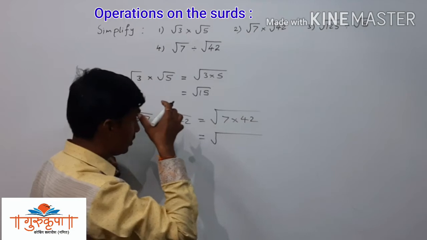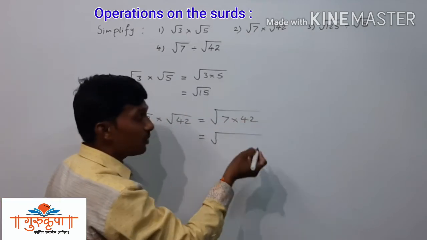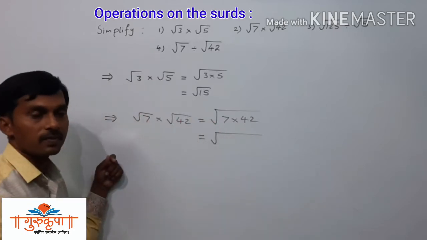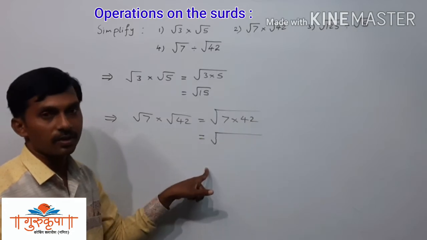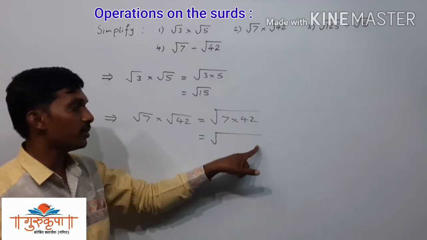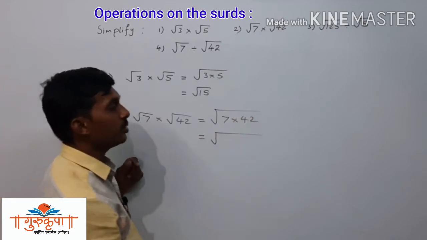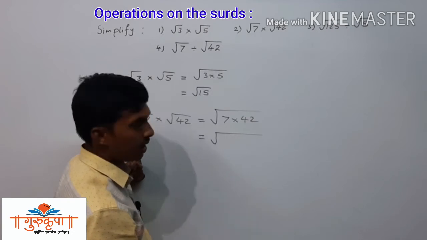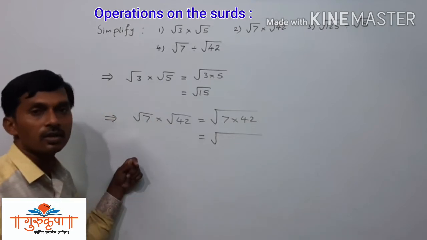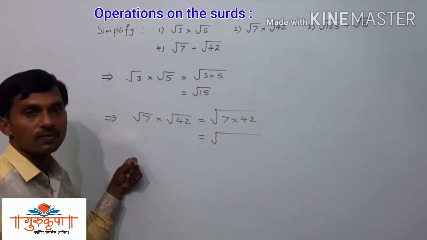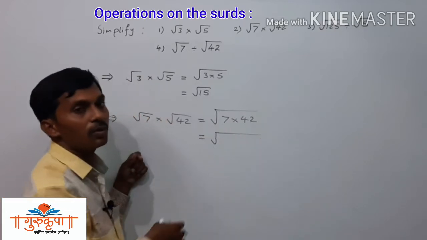Here it is very important that if you take the product here, then again we have to simplify it. If we take the product of 7 and 42, then again we have to simplify it. You will get the product as 7 2s are 14, 1 carried, 7 4s are 28 plus 1 29, that is you will get 294 as the product. But then again you have to factorize 294 such that the square root of one of the factor is possible to find.